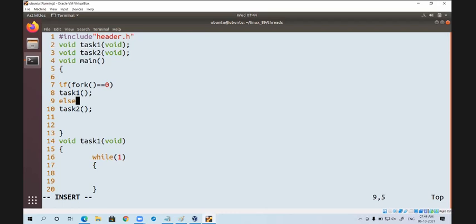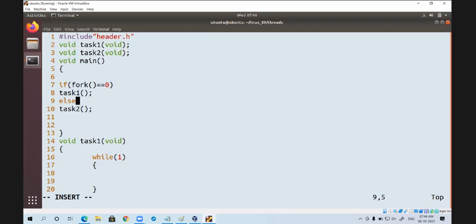Can I say task one while one is executed by the child process? Try to understand the term. Task one while one is executed by the child process. Task two while one is executed by the parent process.